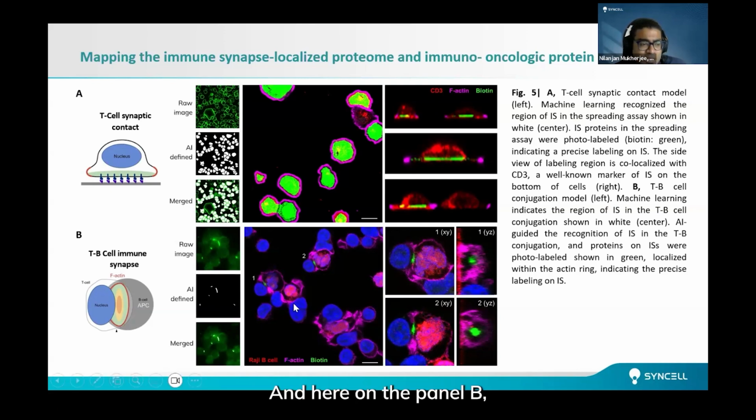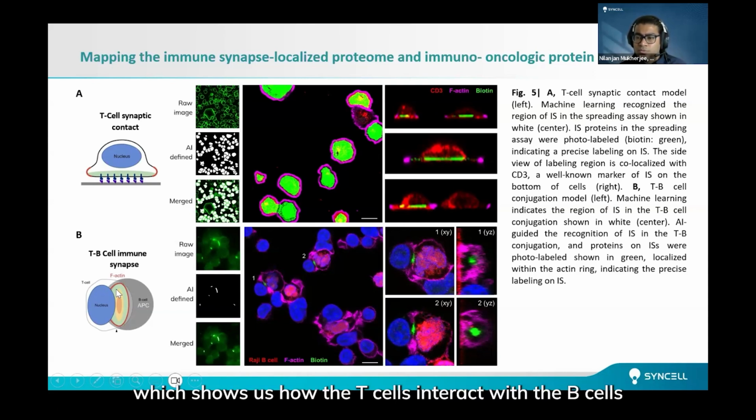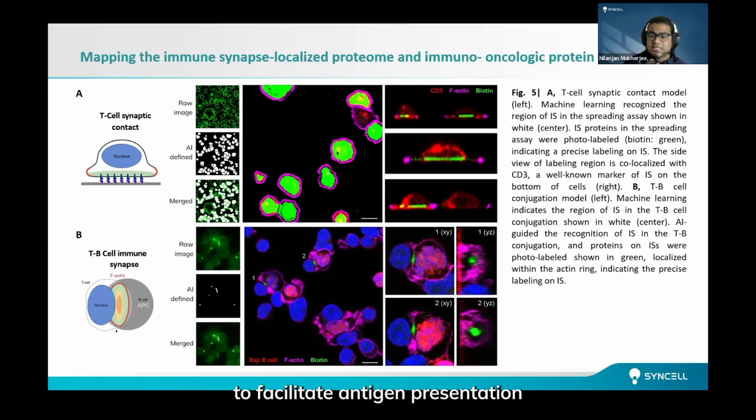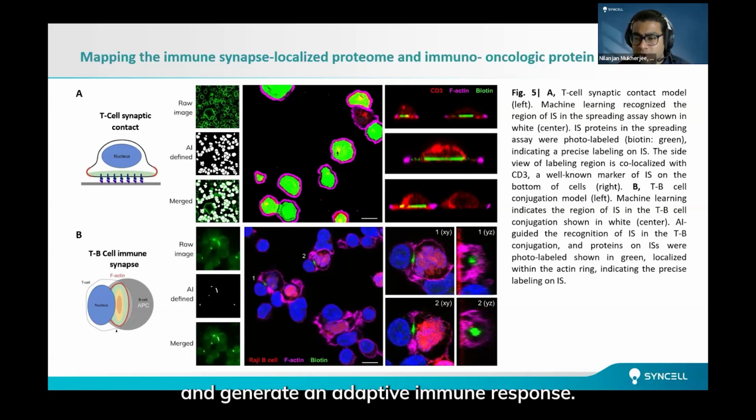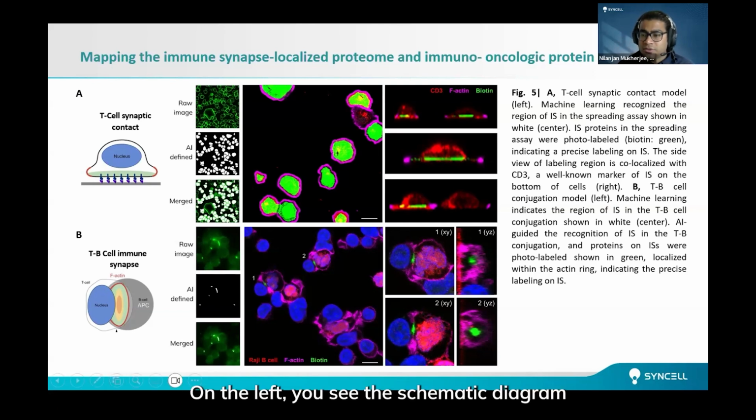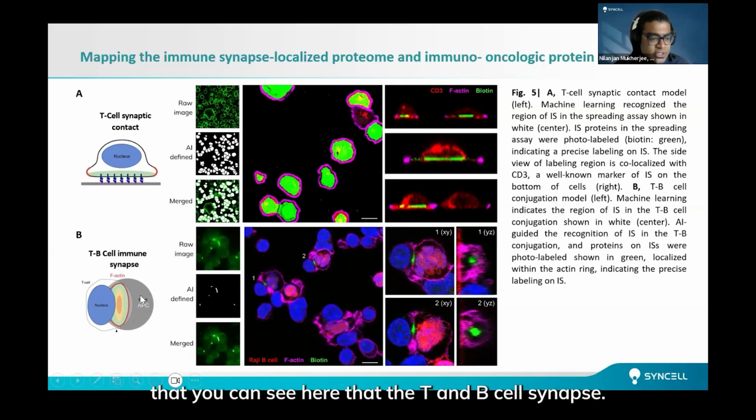And here on panel B, you see the T-B cell conjugation model, which shows us how the T cells interact with the B cells to facilitate antigen presentation and generate an adaptive immune response. On the left, you see the schematic diagram of the T and B cell synapse,